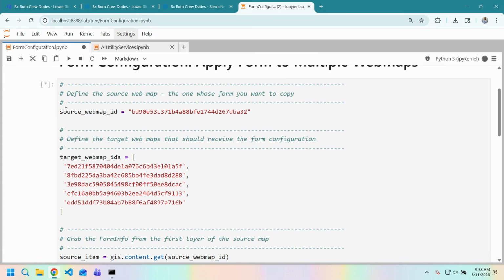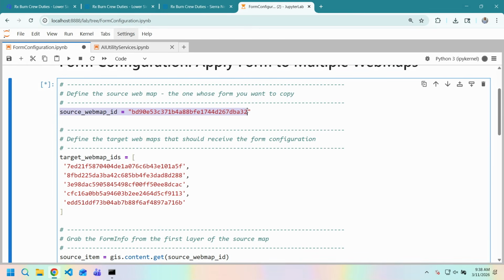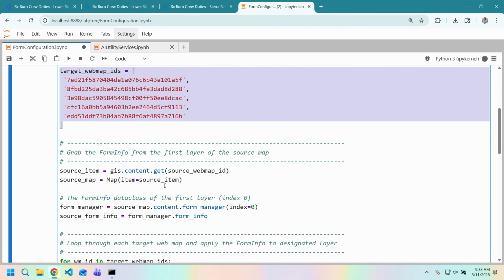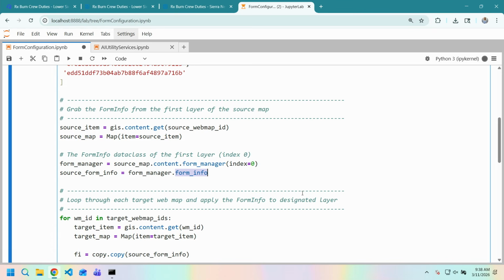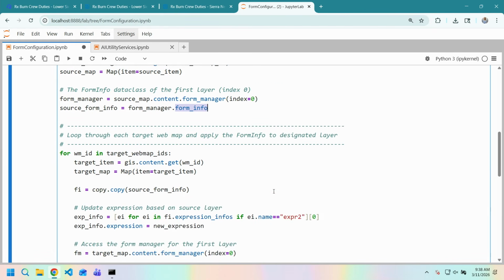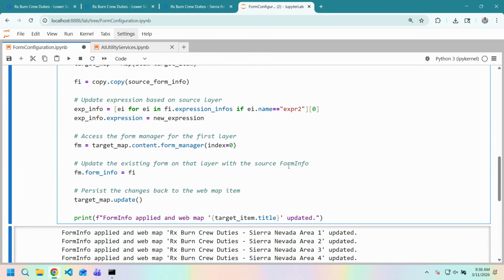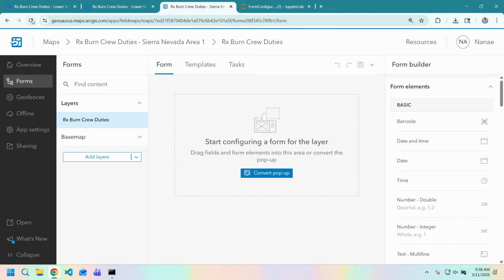I start by grabbing the web map where that form is configured, the one that we just saw. I then list the target web maps that I want the form to be applied to. Using the Python API mapping classes, I can extract the form information and then apply it to each of my web maps, even updating the expression information if needed. Once this is run, we can go back and reload,